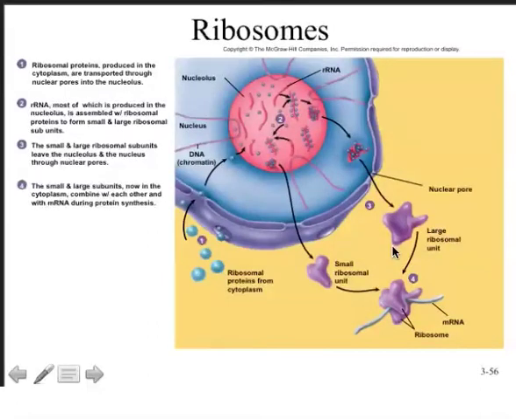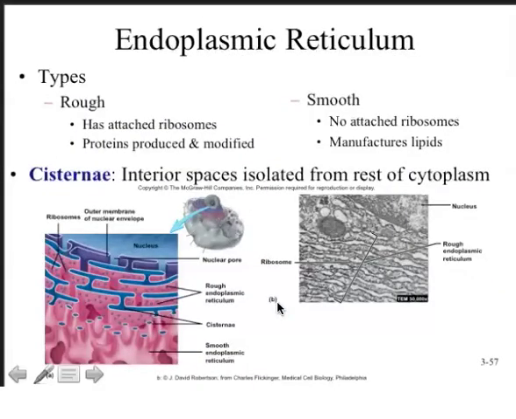And of course, the purpose of this is to have enough protein assembling machinery to provide for the biosynthesis necessary for the cell to maintain the processes that we associate with growing, reproduction, and repair. The endoplasmic reticulum is essentially where the protein takes on its native shape. The rough endoplasmic reticulum is so deemed because it has attached ribosomes on its surface. The proteins are produced and modified, and they fold up into their native conformation inside the rough ER. The smooth endoplasmic reticulum has no attached ribosomes. It's the site of lipid manufacture,